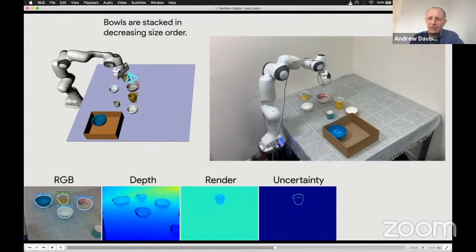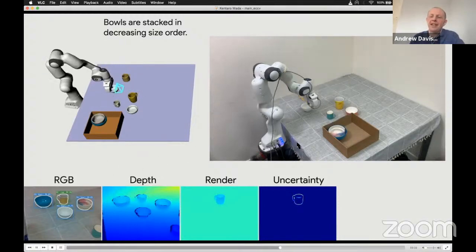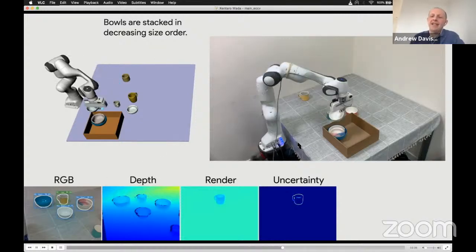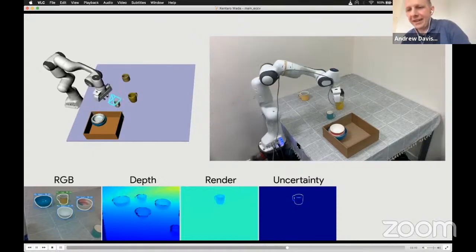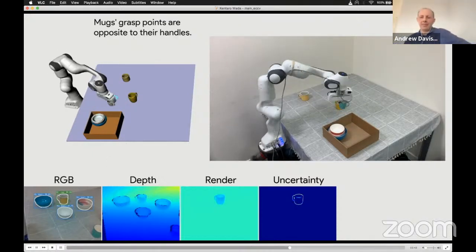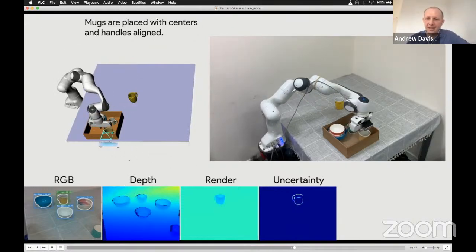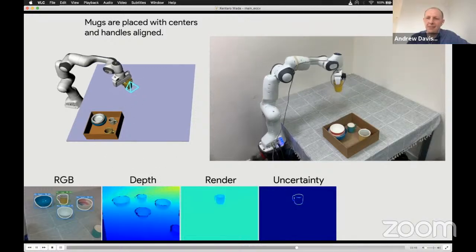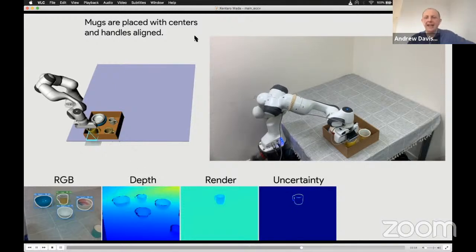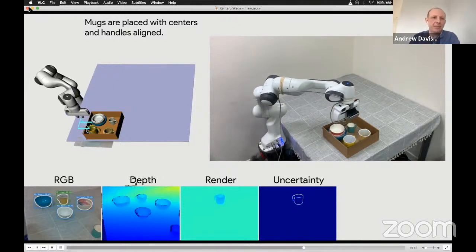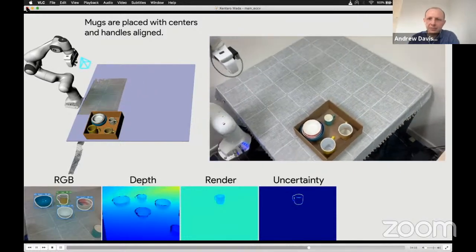This question of manipulating objects, which is not just picking them up and dropping them, but actually picking them up accurately such that you can place them accurately, I think is something that more people will probably become interested in. I think a lot of work on manipulation has just been about grasping and dropping. But most real tasks in manipulation, like tidying a room, need you to be able to place objects accurately. And that, again, for me, motivates more detailed and accurate work on scene representation.